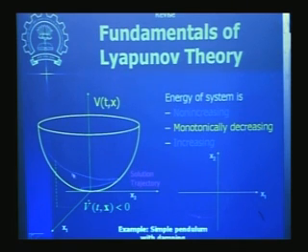We see that if the derivative is continuously decreasing, that means the solution trajectory is having a behavior of this kind. Along the solution trajectory, the derivative of this V is continuously decreasing. That means you are coming down each level on this V, and because this is a positive definite function, you are driven towards the origin when V dot is decreasing. Okay, so that is what we saw.